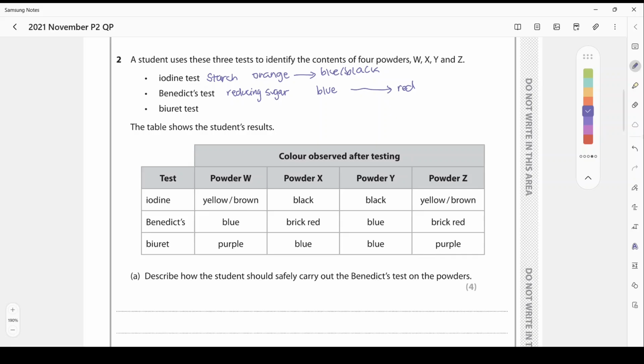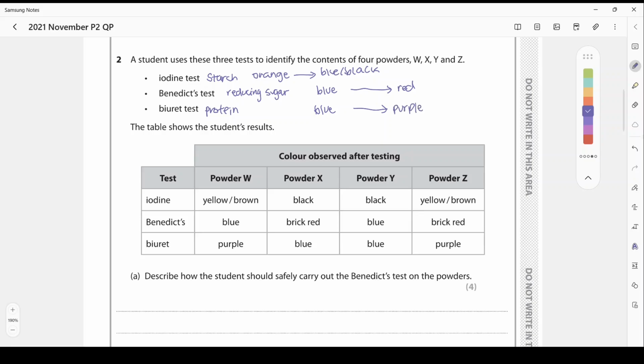If it turns green, orange, yellow, or anything between the colors blue and red, then that means you have a moderate level or a little bit of that reducing sugar. But if it's red, that means you have a lot of that reducing sugar. Biuret tests for proteins. The original color is blue as well, and then it'll turn lilac or purple in the